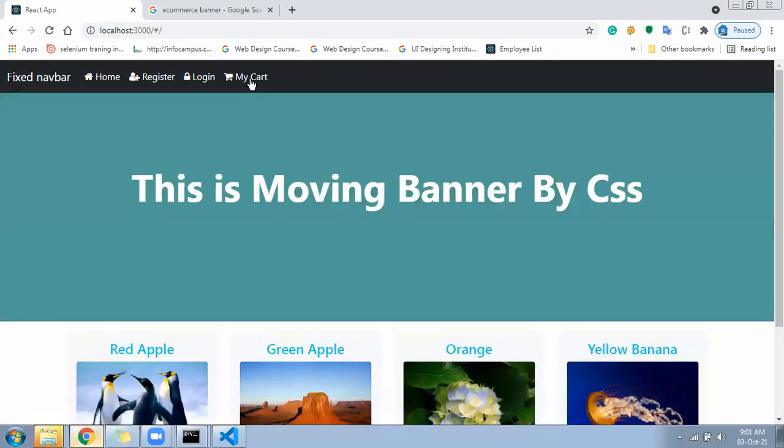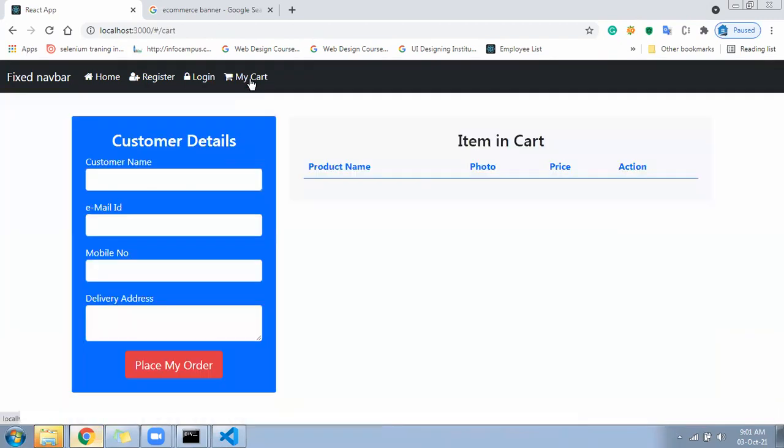That will go to the cart page. The customer will enter the details and click on place order. So whichever items are available in the cart will all get placed as an order for this person. When the vendor, the product owner, logs in, he can see these are all the products and this is the customer. That way it is going to work.